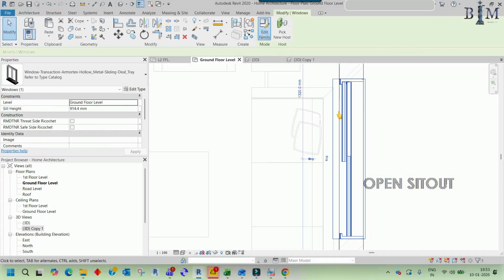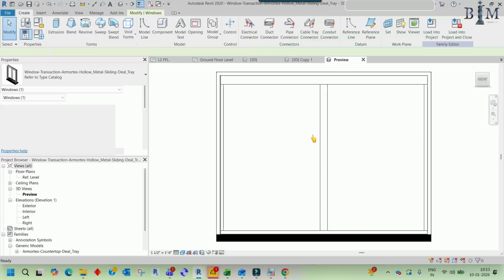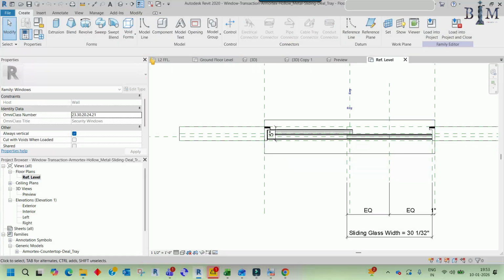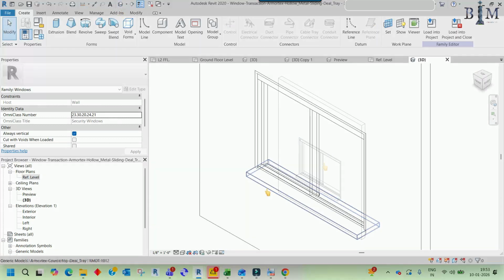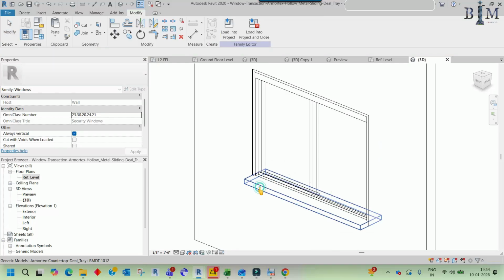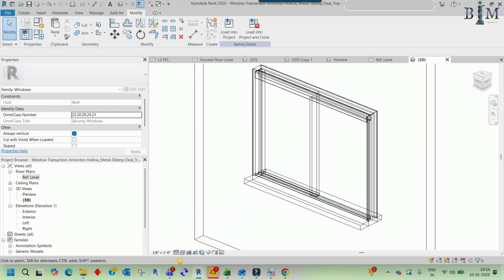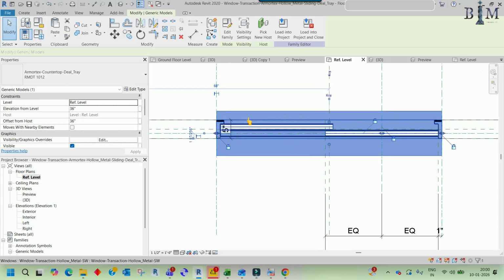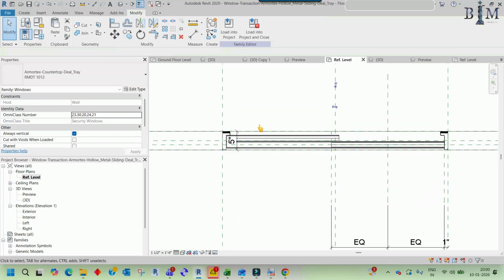Edit family, and let me check in the family, and here the floor plan and the extension portion. Which one is the extension portion? Go to the 3D, and this one is the extension portion. If I delete it from here, just take fine, and here wireframe or set mode or realistic you can take, and here I have to take the set mode. Go to the plan, and if you don't need this one, you can delete it,